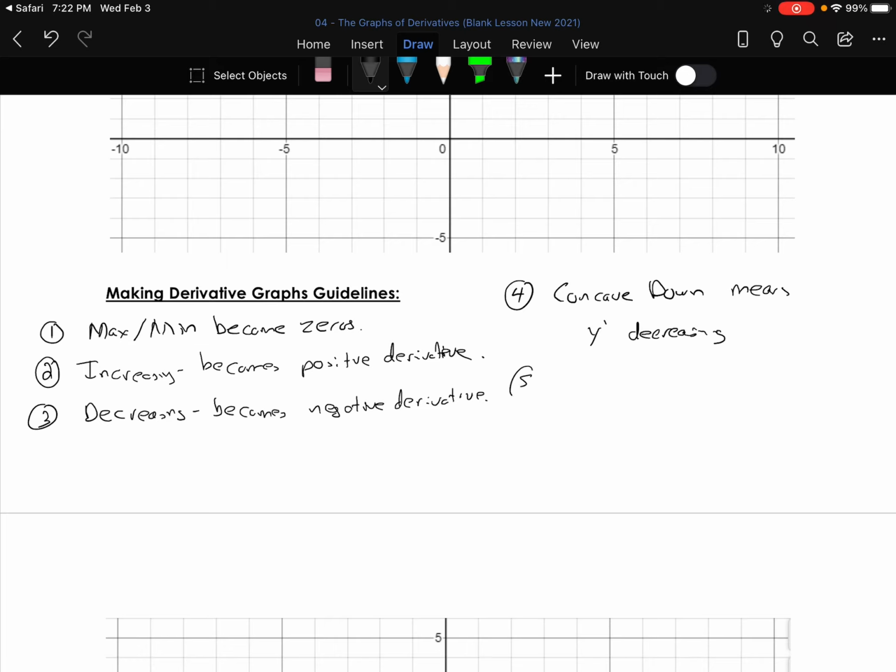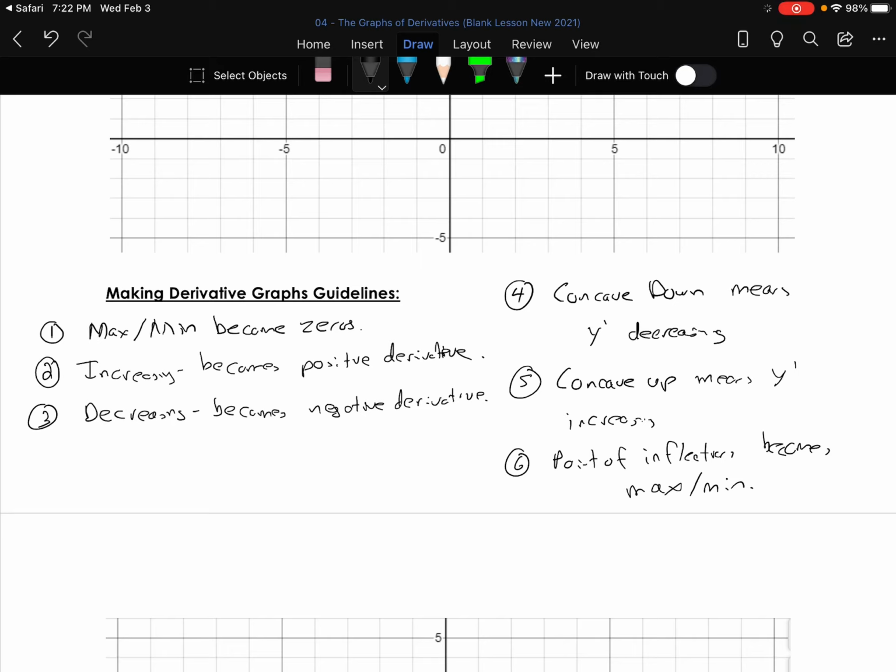And then concave up means y prime will be increasing. And that all brings us to point of inflection becomes max min. Good stuff there. Really good stuff there. And again, it's sort of an aha concept, and if that all slipped by,